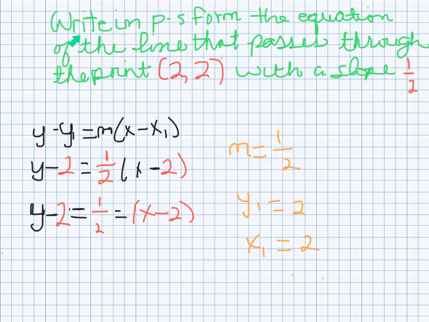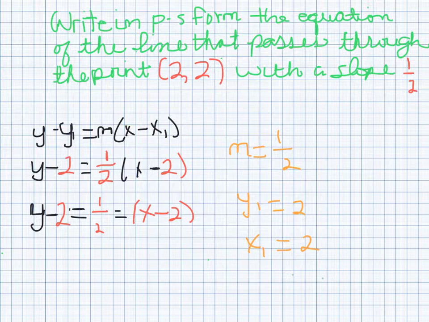So now we're going to look at, write in point slope form the equation of the line that passes through the point 2 and 2 with a slope of 1 over 2. I write out the original equation, which is y minus y1 equals m times x minus x1. If I keep saying it enough times, you're going to have it ingrained in your memory. I plug in my values. Y1 is 2, x1 is 2, the slope is 1/2, and